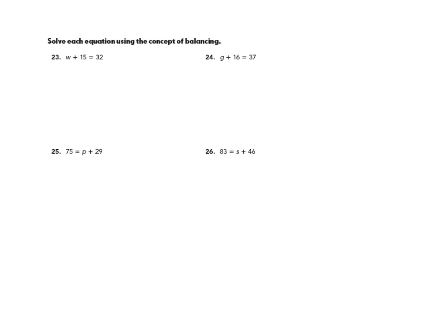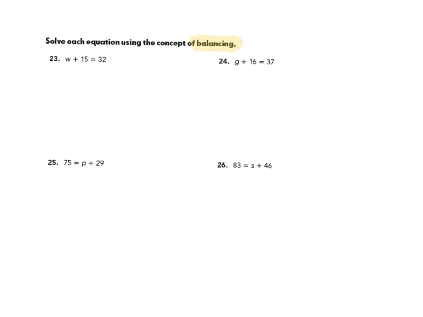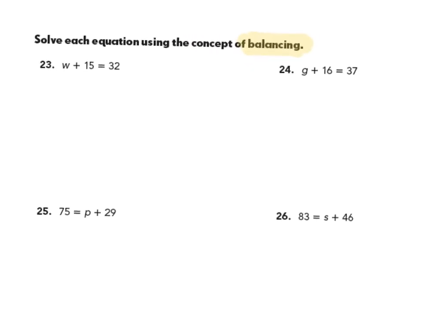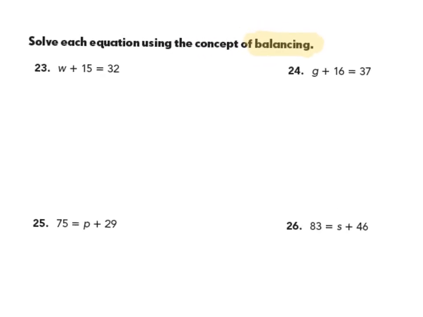When we solve equations by balancing, what we're trying to do is keep the equation the same on both sides, because equals means the same. So each side of the equation has the same value. Our goal in algebra is always to get the variable alone. So what we're going to do is slightly unbalance the equation and then rebalance it so we can get that